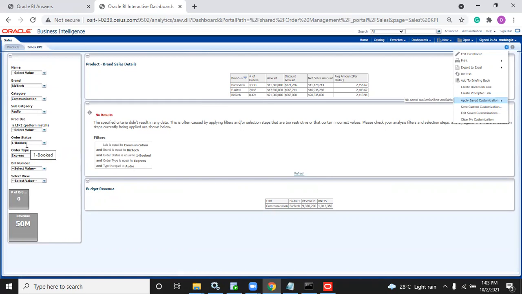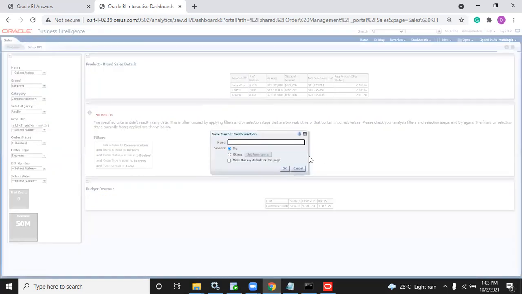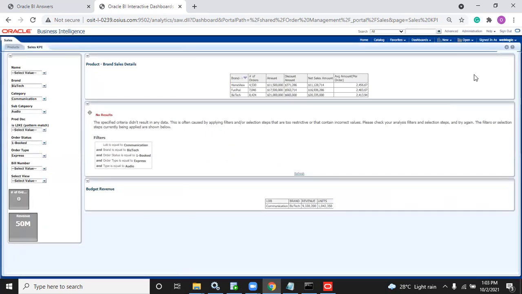So that's the reason: you will select booked, then you will save that customization. You want it only for you or you want others also? If you have other people in the team who want to view this customization, they will not be able to, others cannot view it. So they will select as me and they will select booked filters. Whatever filters are needed to get the booked data, I selected all that and I'm saving it as booked filters. Now this will be available only for the user with whom you have logged in.